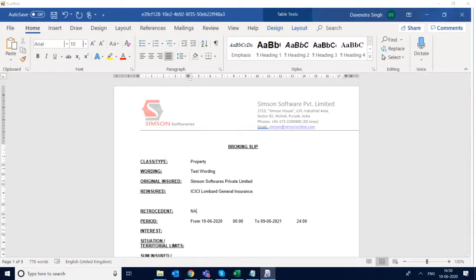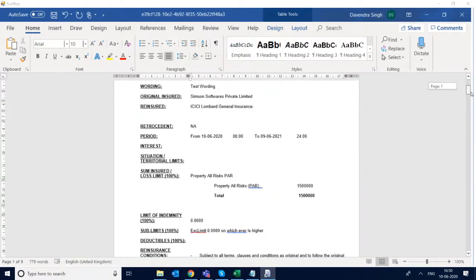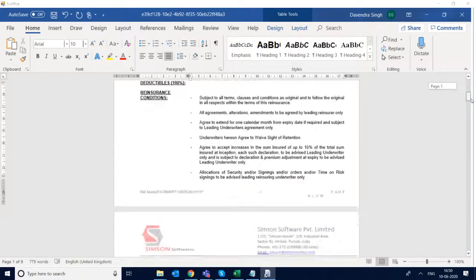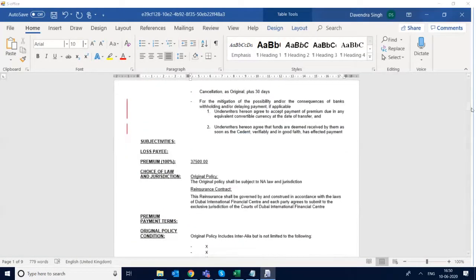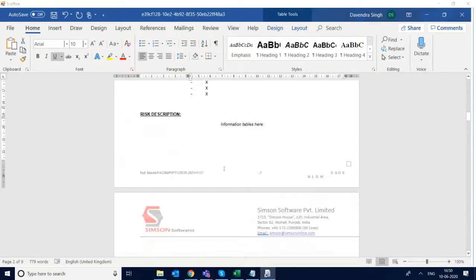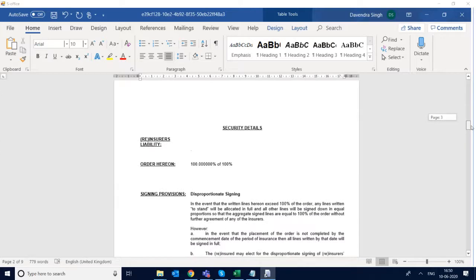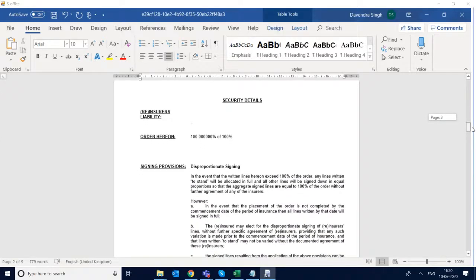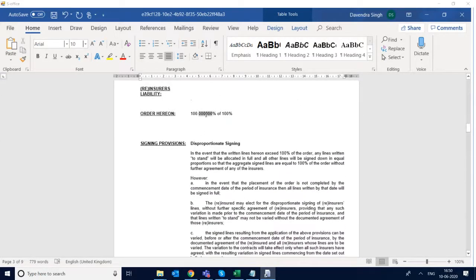So this is a Word file now. So I can copy anything. I can copy from another form, paste it here. Or this is the premium coming from the database. And a number coming, you can define whatever the value you put in database. So order here on 100% of 100% it is coming because I selected 100%.